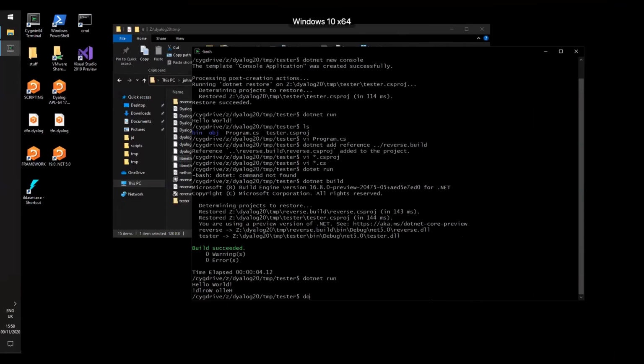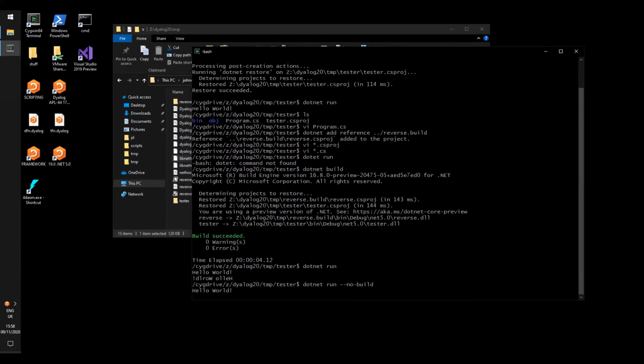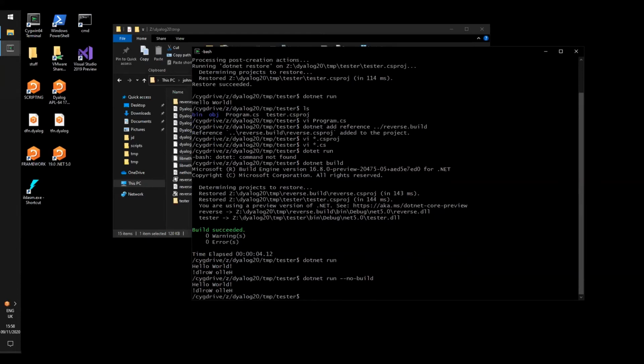Let's come back to Windows. Let's run the thing from here. Again, without building it. Okay, so the one that we built on Linux will run on Windows. In fact, I can prove that. Let's go back to the,